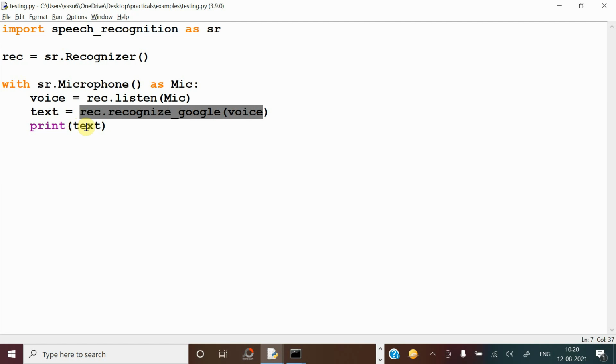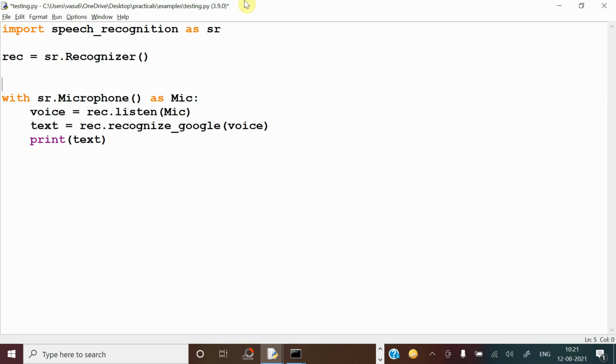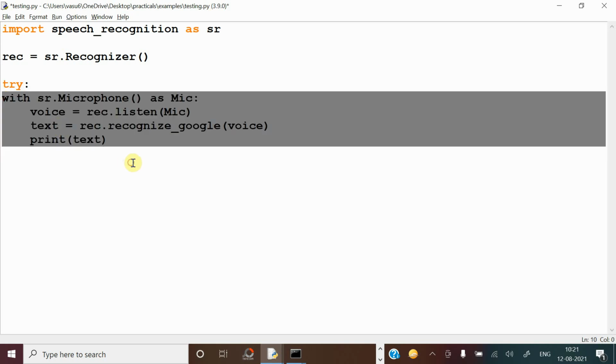At runtime, when the program is running, if any errors occur, they will not be handled automatically. You have to write the logic also. Otherwise it will suddenly display some unknown errors. So for handling all these things, we have to go for exception handling, which can be done by using try and except. All of us know that. So keep all the things in the try block. Now give all the code one indentation.